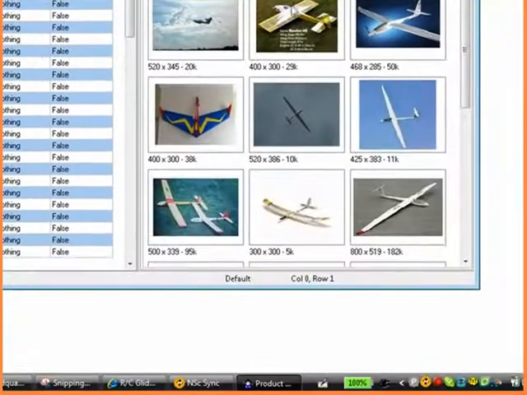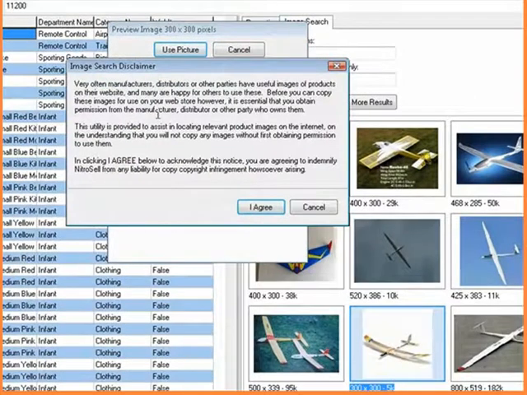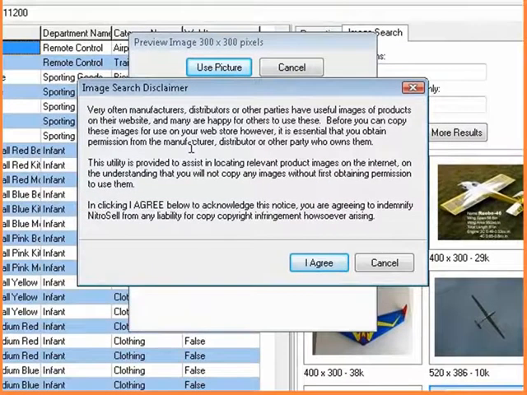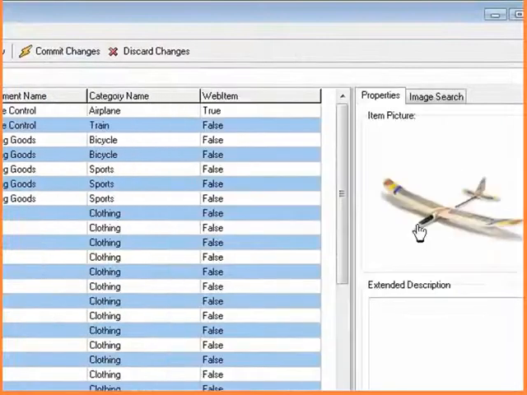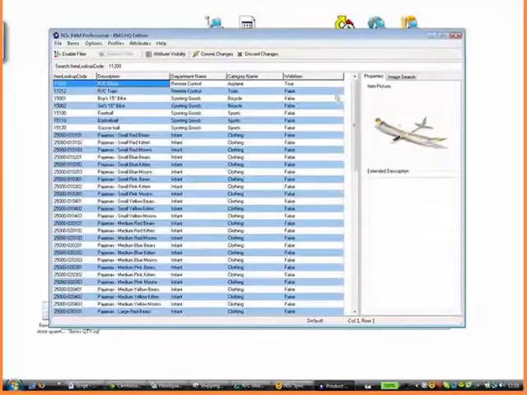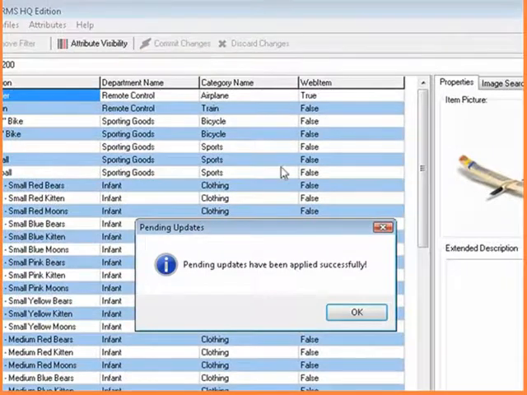For demo purposes, I like the look of this image, so if I double click on this image and say use this picture, the software asks me to validate that I do indeed have rights to this. So if I say I agree, then that picture is automatically assigned. Now that this image has been applied to this item, I can commit these changes, which makes it permanent in